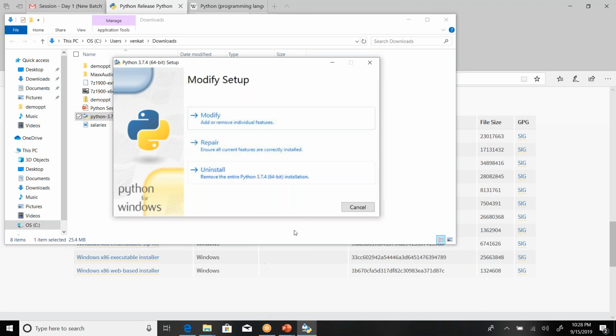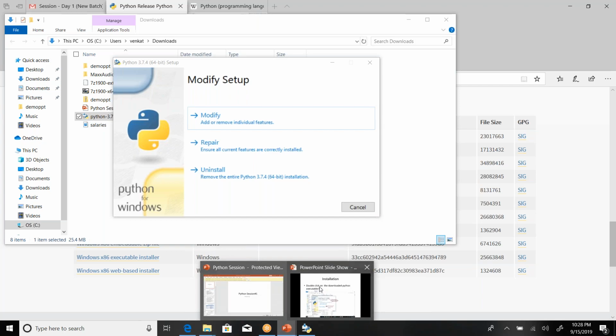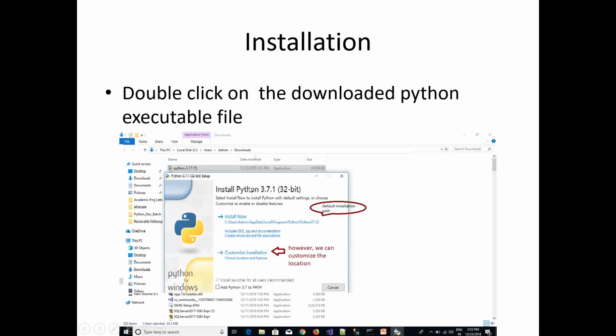Anyhow, you don't see this screen if you are installing for the first time, right? The screen you see is this one: install Python, with the options install now or customize the installation. So you'll get this option. If you go with install now, which is the default option,